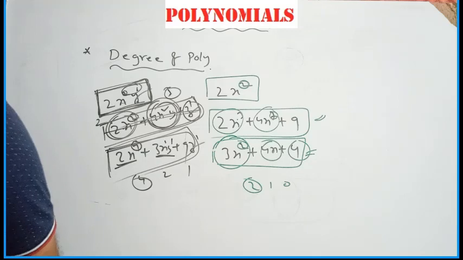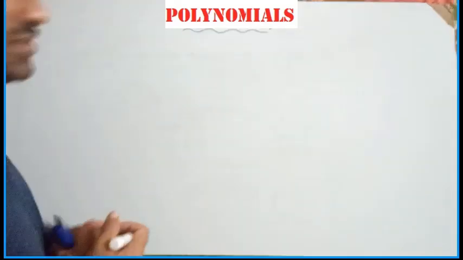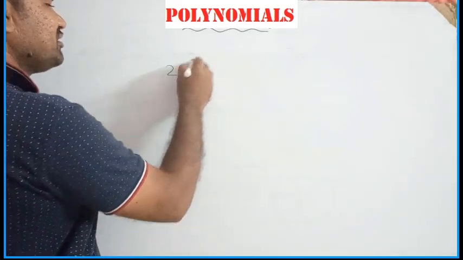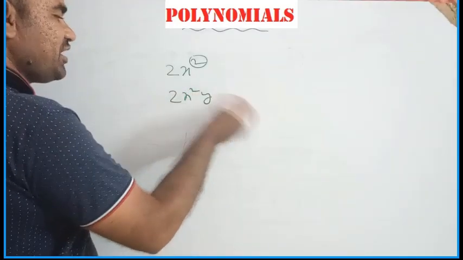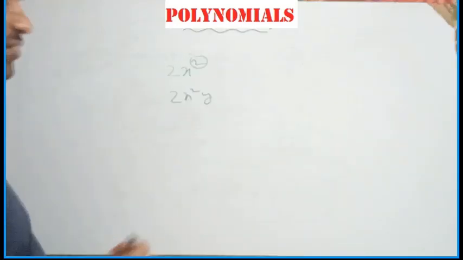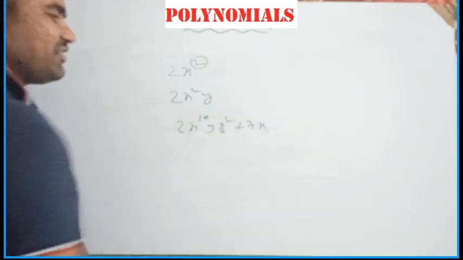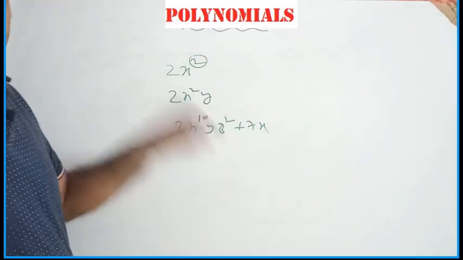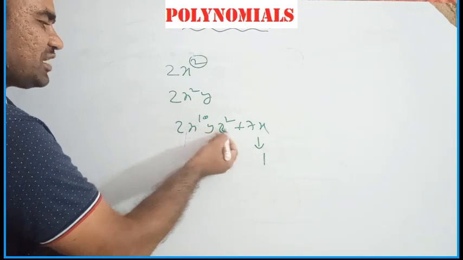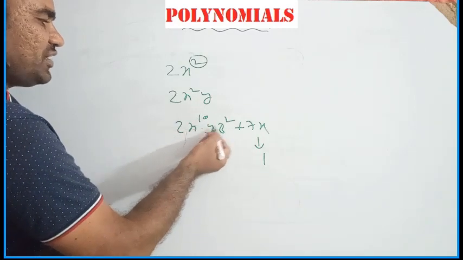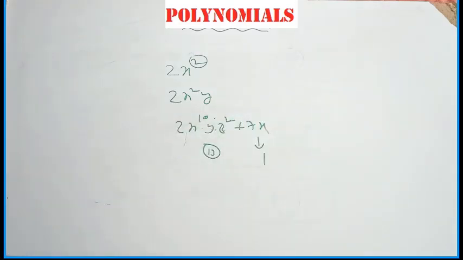That is the degree of a polynomial involving one variable and of polynomials involving more than one variable. For example, 2x square is given. 2 is the degree of this polynomial. 2x square y is given. 3 is the degree of this polynomial. 2 into x power 10 y z square plus 7x is given. So two terms are there. You need to find the degree of each term separately. This degree is 1. In the other term, three variables are involved: x, y, z, 10, 1, 2, which gives 13. 13 is taken as the degree of the total polynomial.